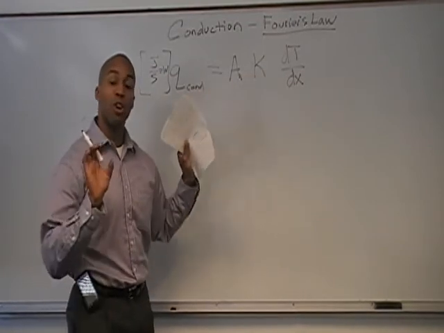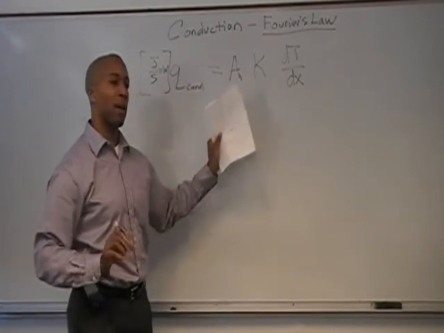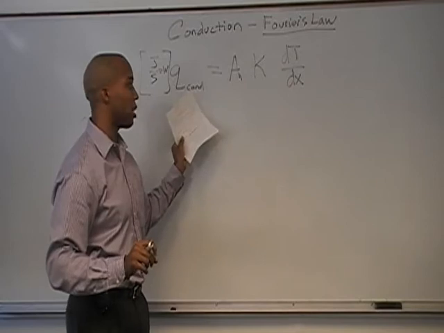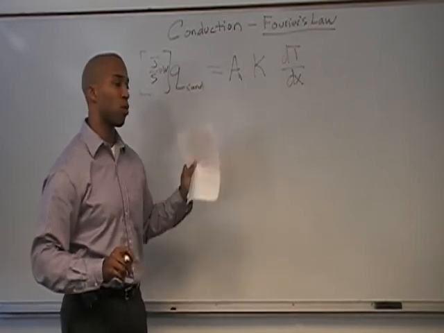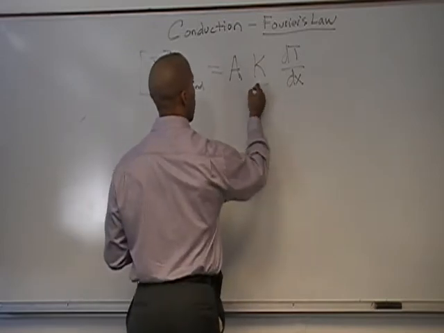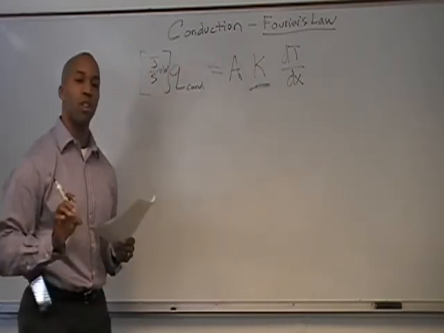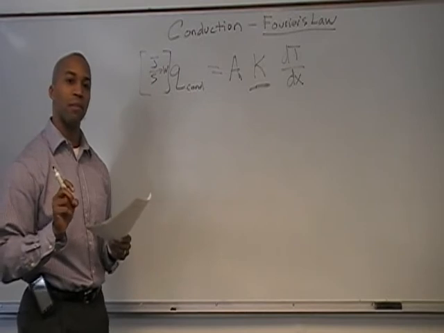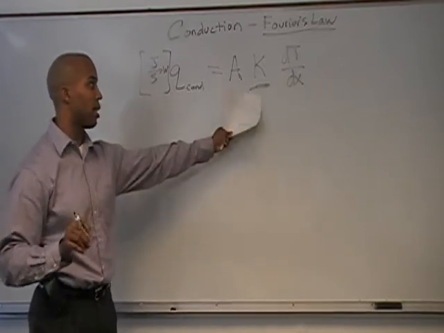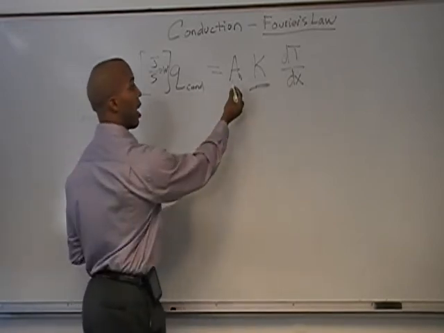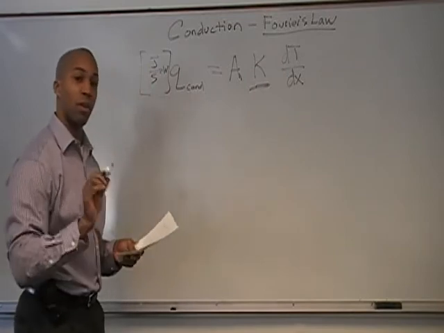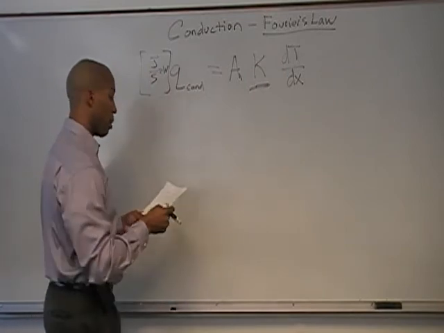This is K, thermal conductivity. We'll talk a lot about this parameter, but it's a material property that characterizes or is proportional to the heat rate. And then we have system geometry, A. Important to conduction and Fourier's law is thermal conductivity. We'll talk a lot about the origins of it, but basically you can see here there's an interplay between area, thermal conductivity, and the temperature gradient, or the degree of thermal non-equilibrium.